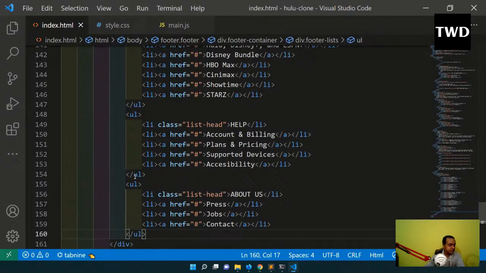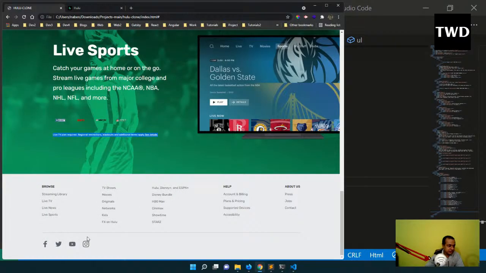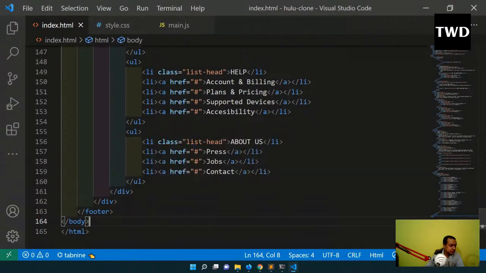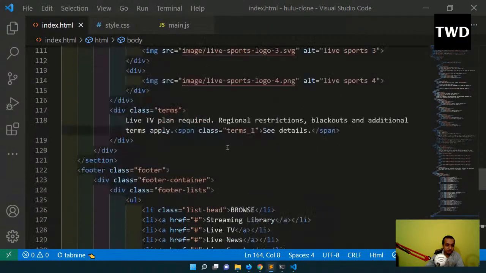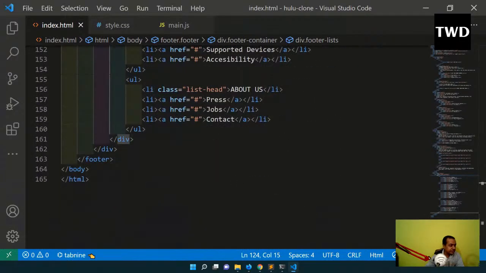Okay, save it. So after this is done, there is a divider also there. After that the logos are there. So this thing is what we are going to create inside the footers list. We have this, and then after that we have a divider,